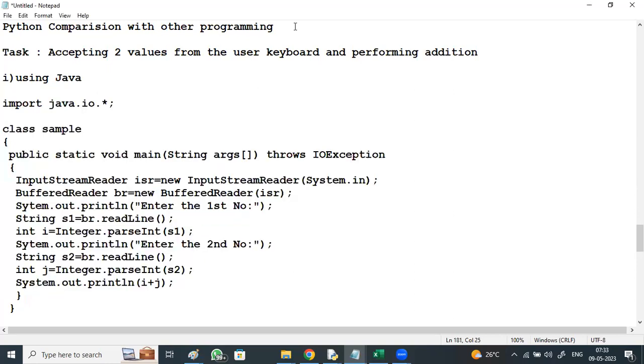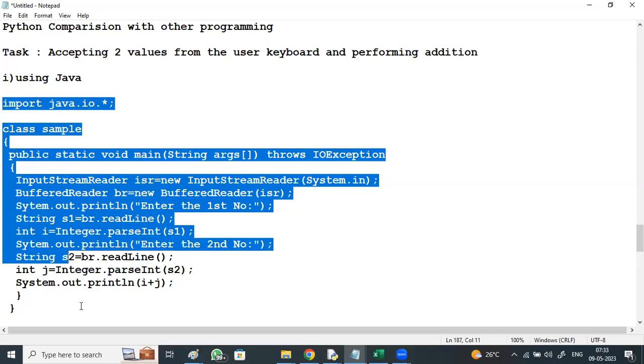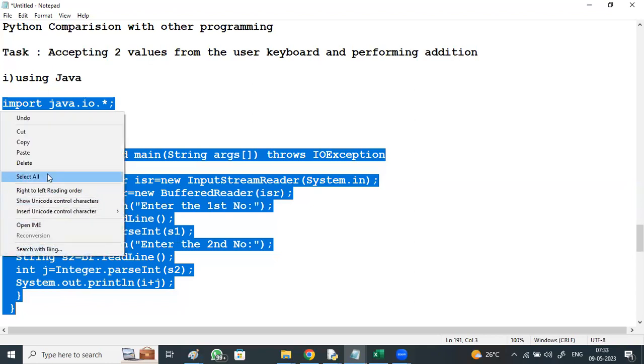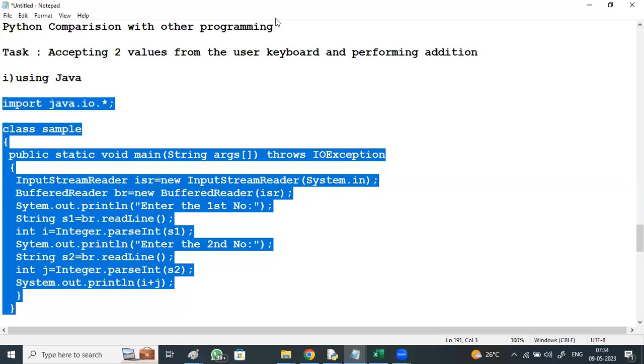I'll take a minute to show you the execution in both Python and Java. This is the code in Java, a small task to accept two numbers from the user keyboard and perform addition. I'll show you the same task in Python, and you can compare how simple the Python statements look.